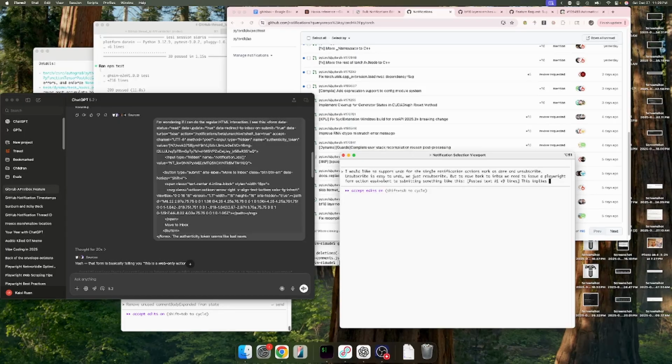This implies a new HTML endpoint alongside our current notifications. The main thing is we need to specify